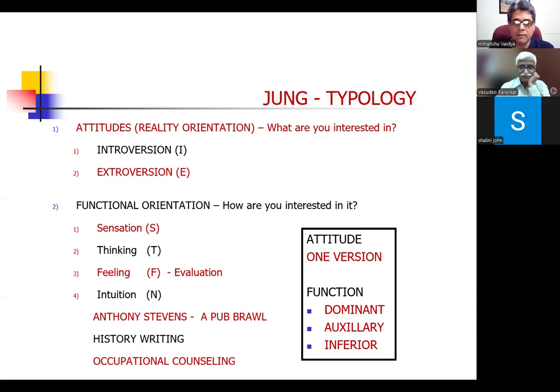So the moment we divide an infinitely heterogeneous population based upon some commonality into a limited number of groups, there will always be the boundary problem, the margin problem, and the not fitting anywhere problem, or fitting at two places problem. So that is true for all typologies. It is also true for Jungian typology. But we will keep those statistical nuances aside and just look at the core